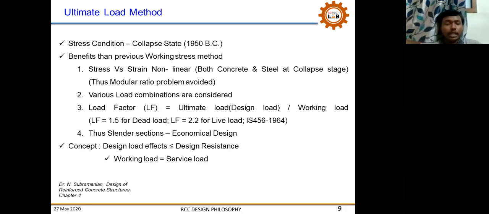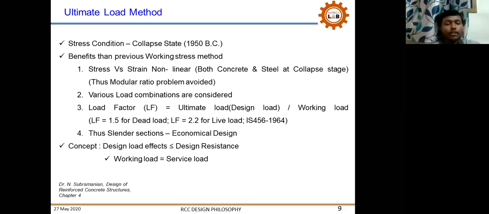That is, they are considering load combinations. Like they want to factor that load. How their dead load was counteracting wind load, I have explained that as an example. Like that, they wanted to account for loads. So they have taken load factor, that is ultimate load, that is design load that they have considered as a combination, as a ratio to a working load.